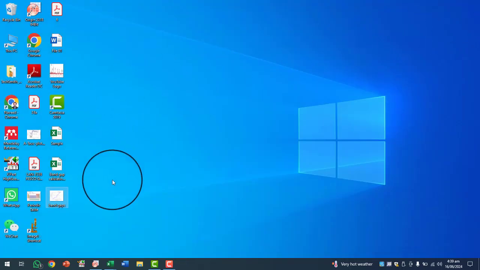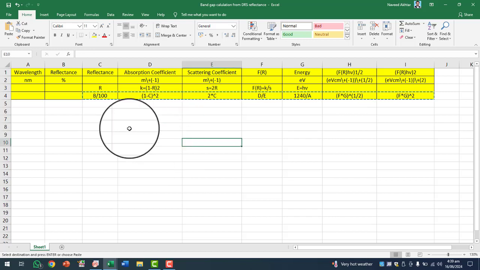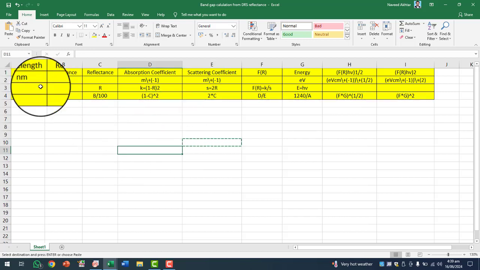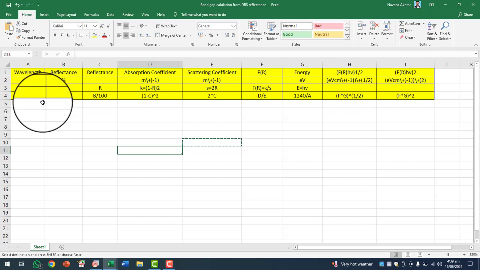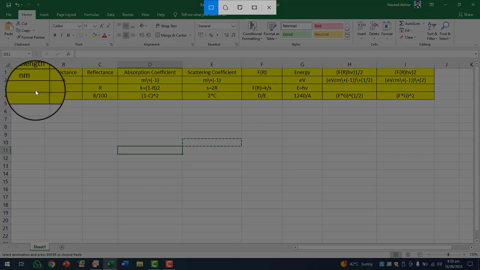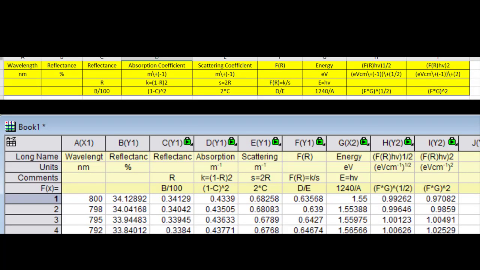Now you can see the sheet which I have prepared here. You can simply take a screenshot by pressing the Windows button, Shift and S. With that you can easily prepare your sheet for the calculation of the band gap energy, and I will attach it at the end of this video. Thank you.